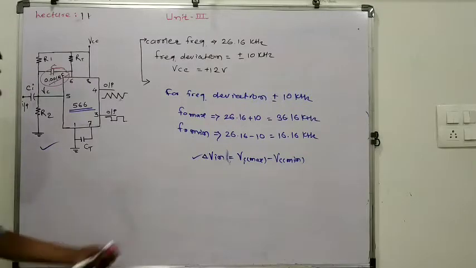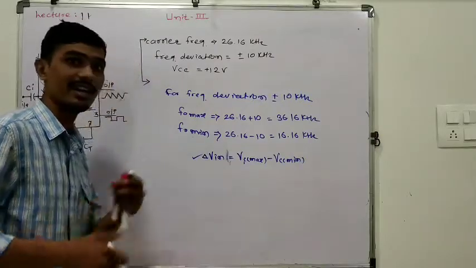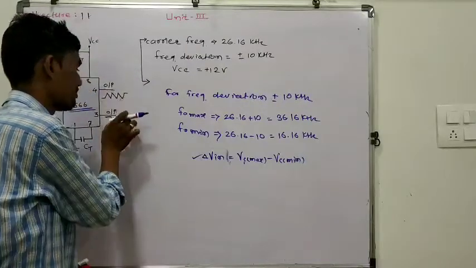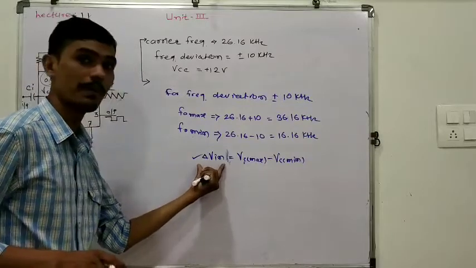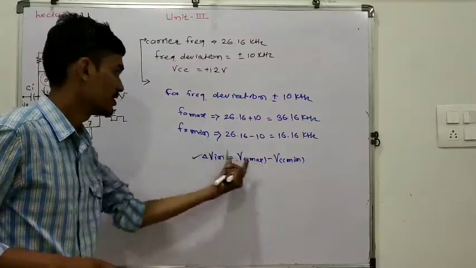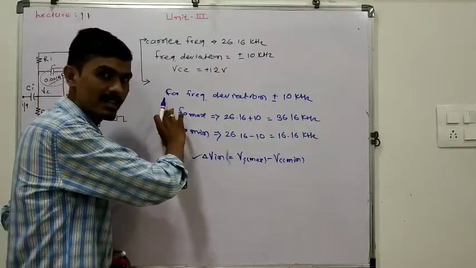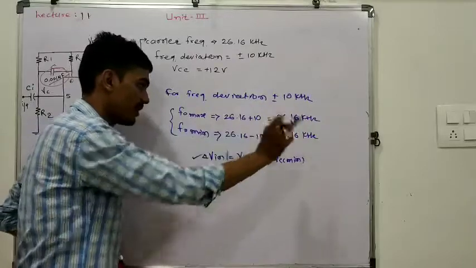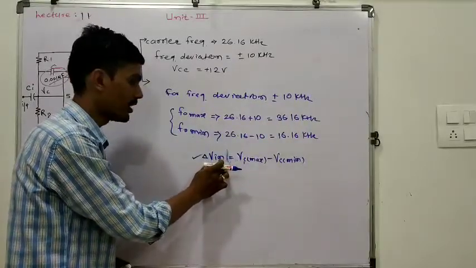Modulated signal. So this acts as the modulating signal, and for that we are getting a modulated signal as output at pin number 3 and pin number 4. This is the input, and this is the deviated output, or we can say the modulated output, and this modulated output depends on the input, that is Vin.